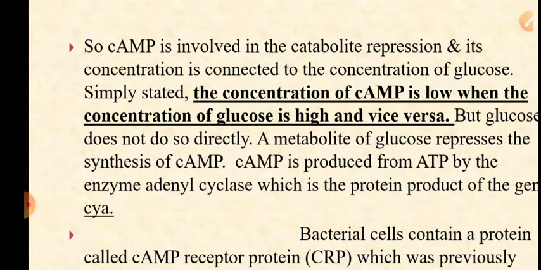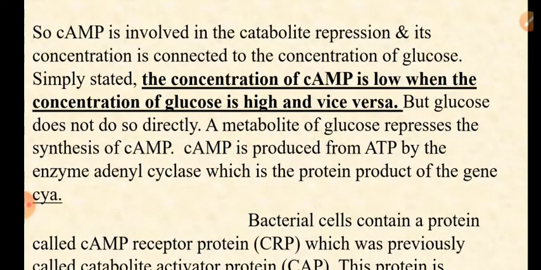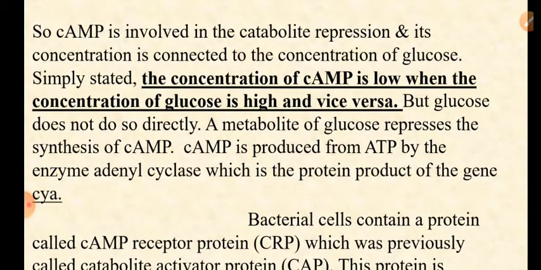Simply we can say that when the concentration of glucose is high, the concentration of cyclic AMP is low, or vice versa. But glucose directly does not control the level of cyclic AMP. A metabolite of glucose represses the synthesis of cyclic AMP. How is cyclic AMP produced? It is produced from ATP by the action of the enzyme adenyl cyclase, which is the protein product of the gene